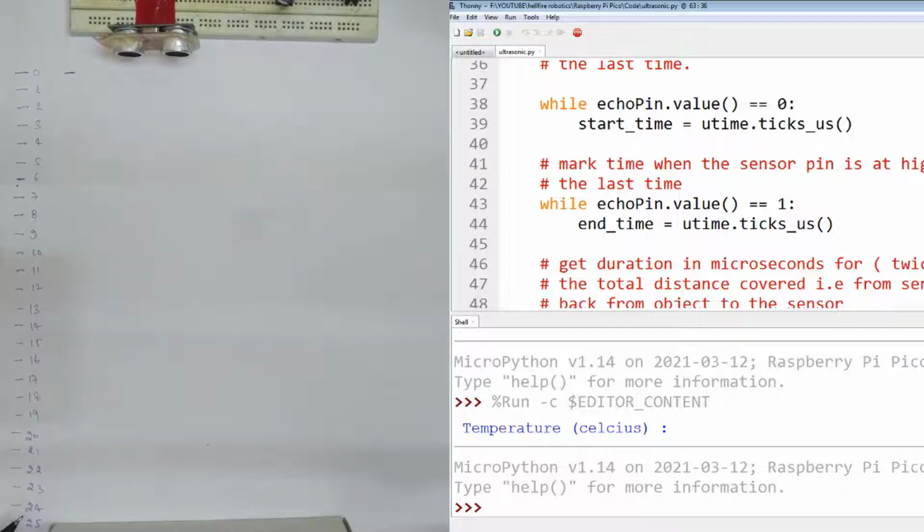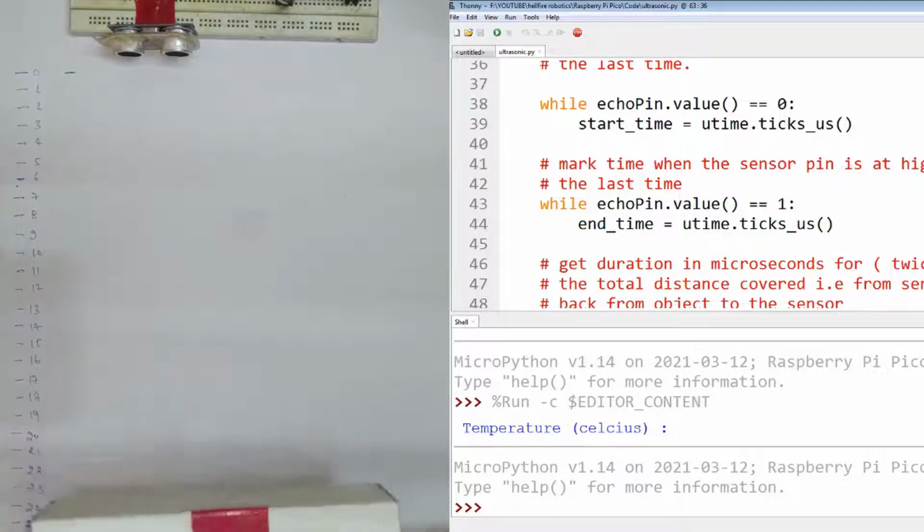This setup can measure up to 200 centimeter accurately. The ultrasonic sensor is placed at this 0. The minimum that this sensor can measure is around 2 centimeter and maximum up to 400 centimeter as per the specifications and data sheet. But here we are only showing that it is capable of measuring up to 25 centimeter.